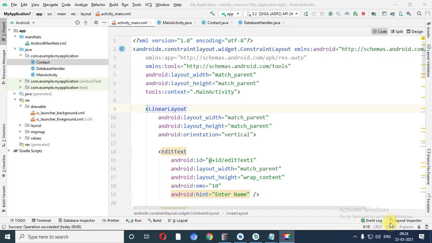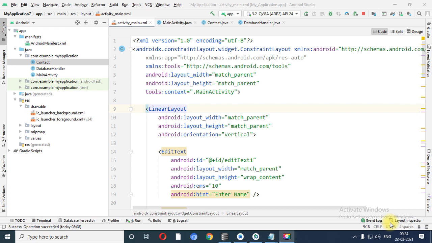Very good morning, everyone. In the previous session, we completed the half practical portions related to database connectivity. I have explained the designing file and the MainActivity.java file's onCreate method.